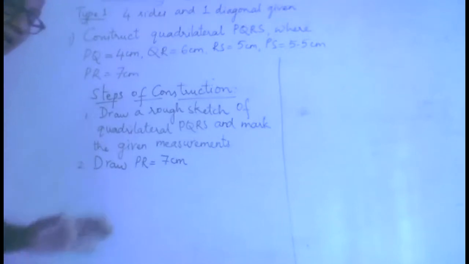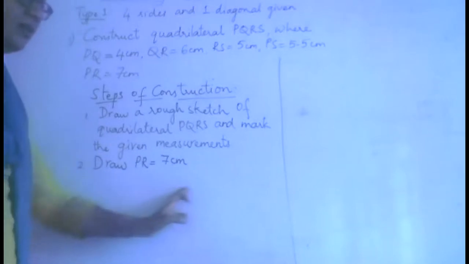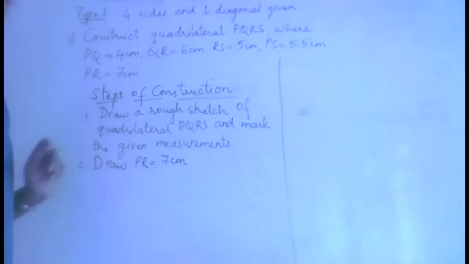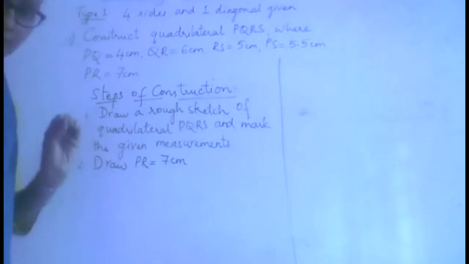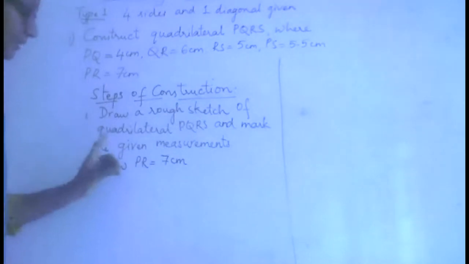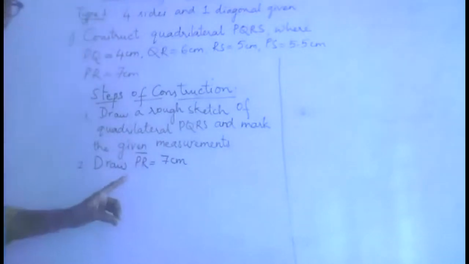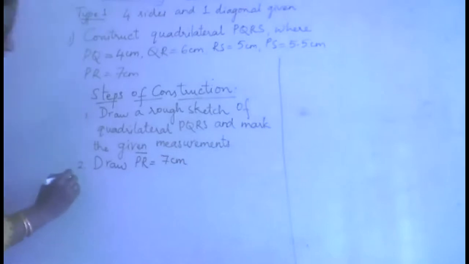How did we do that? We first marked the point P, then you kept my ruler alongside P and located another point R 7 centimeters from P. And when I joined those 2 points, I got my PR. So eventually, what did I construct? I drew the line segment PR. If you want, you can put the stroke here, which will tell that PR is a line segment, equals 7 centimeters. Third step.